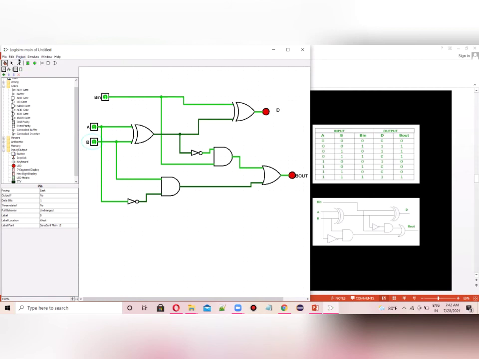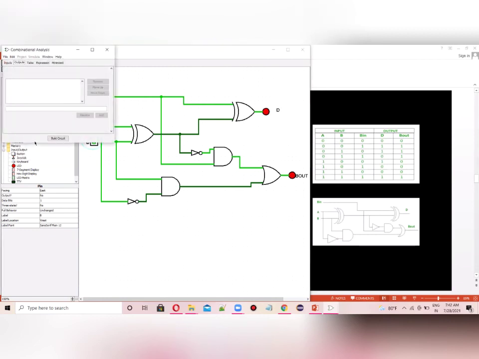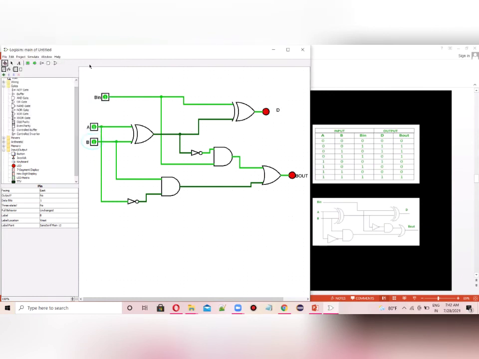Now let's see whether we are getting the same truth table in the simulator as well. So we'll analyze the circuit. Since we have connected LEDs here, we won't get the output results in this. But if we change the LEDs to output terminals, then definitely we will get the results there. If you want, I'll change it and show you how it is working.